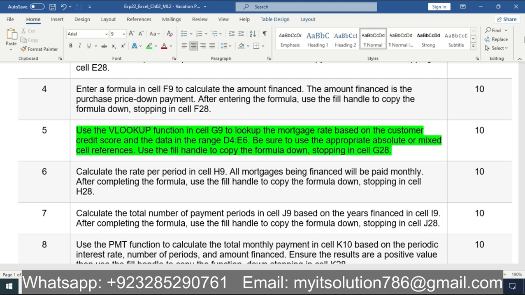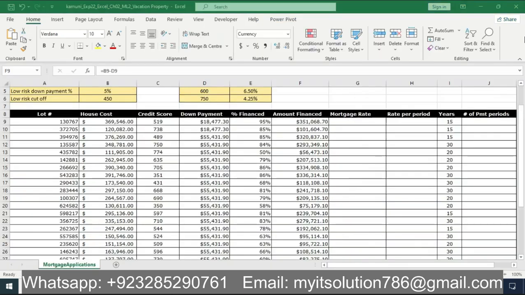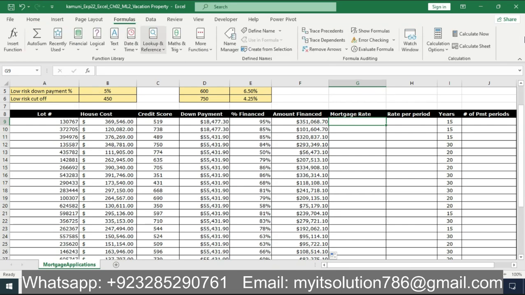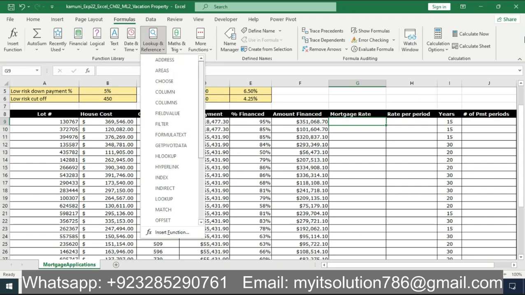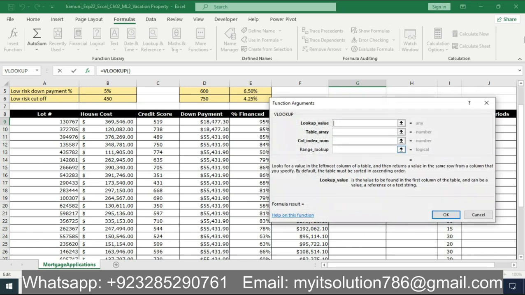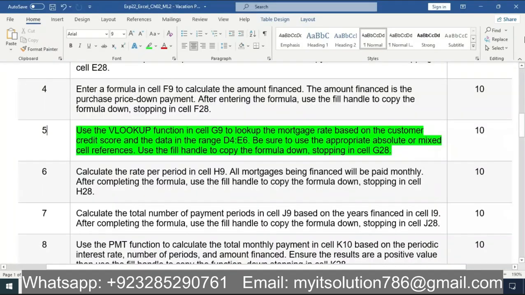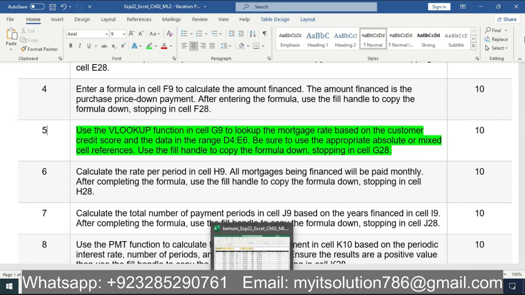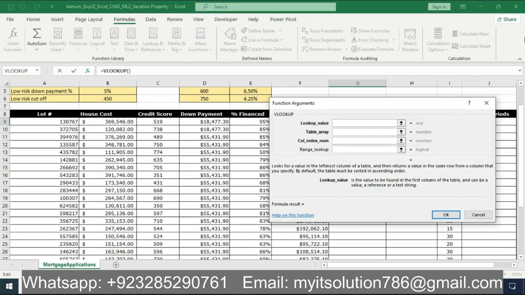So we go to our Excel worksheet, and in cell G9 we click on the formulas bar, then lookup and cell reference. So here is the lookup function that's required. So the lookup value is, it is saying, lookup mortgage rate. So the lookup value is C9